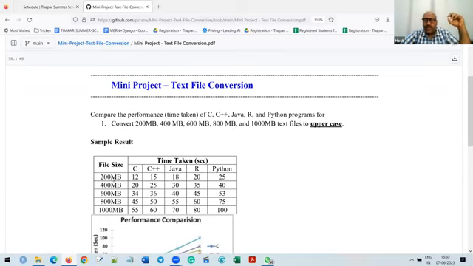ठीक है, लेट्स सपोज मल्टीपल फाइल्स नहीं, एक फाइल है आपकी जिसका साइज 200 MB टेक्स्ट फाइल, and you need to convert that particular file to uppercase. Okay, and you need to calculate the time taken. So class, this is one of the comparison studies of different programming languages to process a text file. तो आपकी रिसर्च का, आपकी एनालिटिक्स का, आपकी एनालिसिस का एक छोटा सा मिनी प्रोजेक्ट आपके लिए दिया हुआ है।